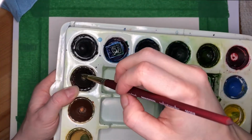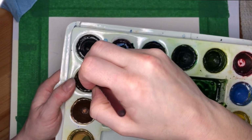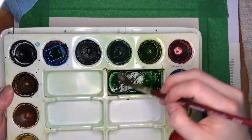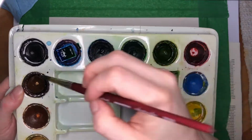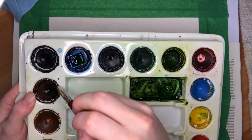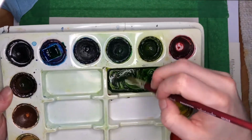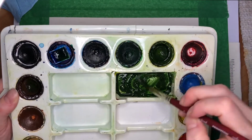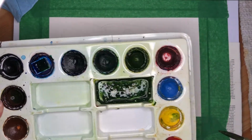Okay, now I'm going to grab some burnt umber. Yes, burnt umber. I'm going to go in there to give it more of a natural color, because there's always a little bit of brown in leaves in that green. Am I happy with that? Yes, I am happy with that. Okay, so